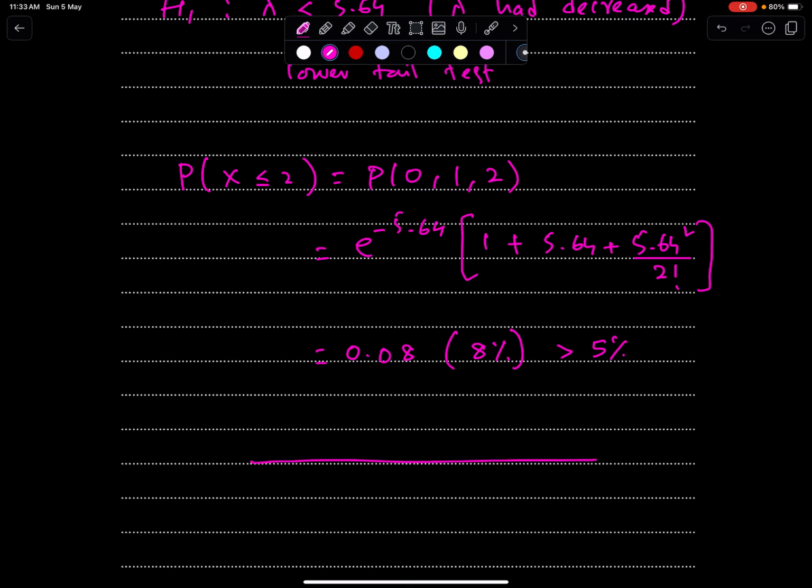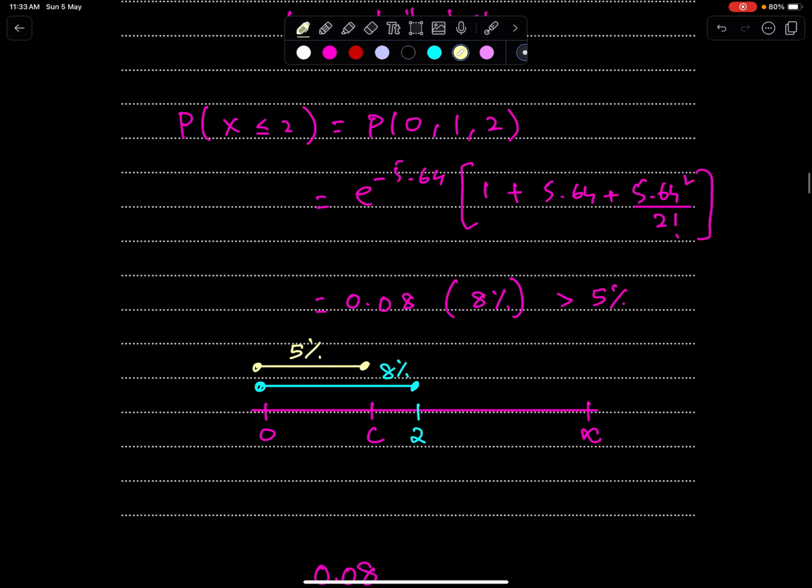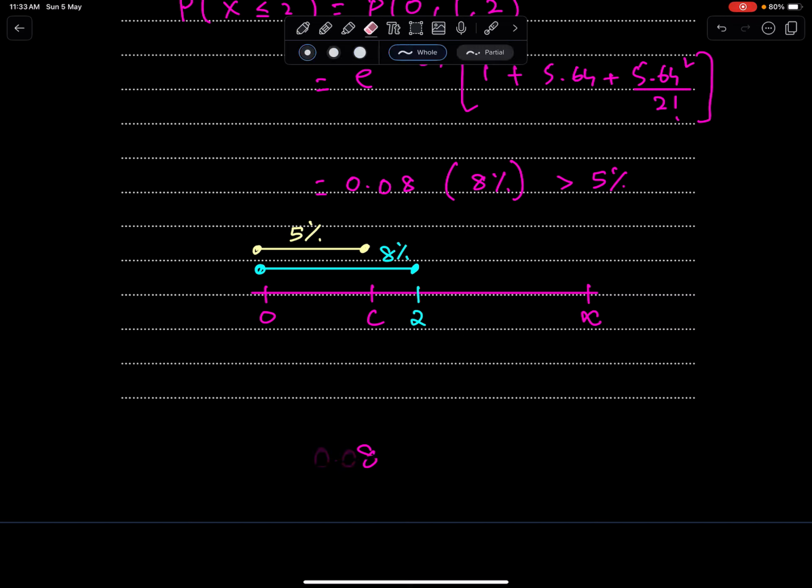That means this is the critical region and 2 is not in critical region, because the probability of less than or equal to 2 is 8%, and the probability of critical region is 5%. So you have to say that 2 is not in critical region,